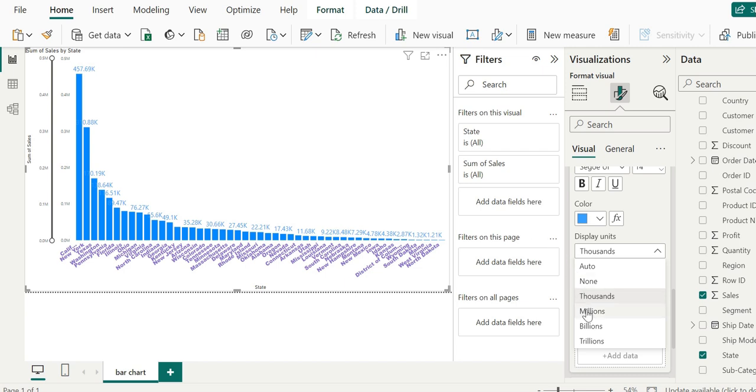We can click here and go to millions. Now on the visual on the left, each bar is accompanied by a label suffixed by an uppercase M. M stands for millions. If you choose thousand from the drop down, we can see that the uppercase M changes to K and the unit will now be expressed in thousands rather than millions.